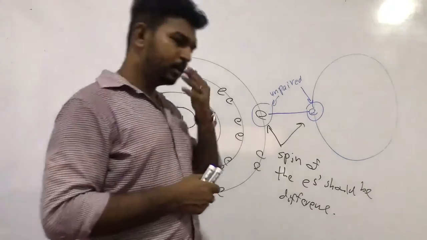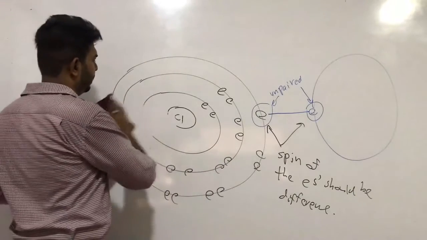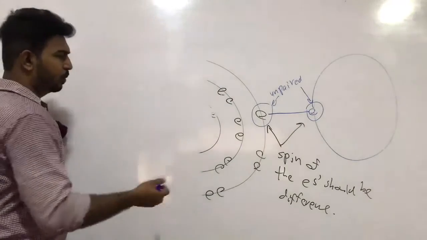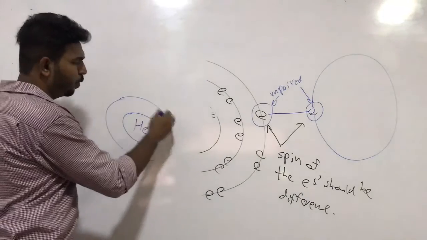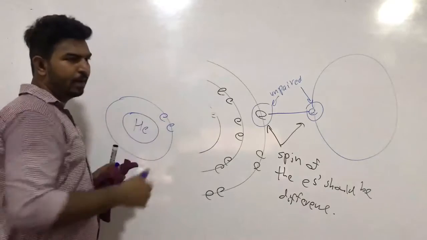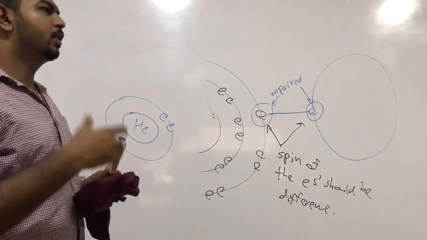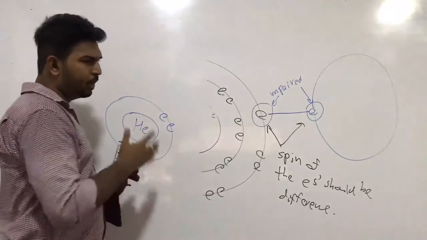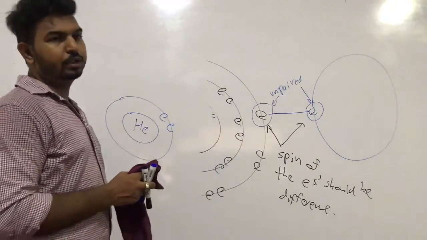If we consider a noble gas, let's assume I am going to take helium. Helium has 2 electrons in the last shell, so there are no unpaired electrons. The electronic configuration is stable, so they do not need to form any chemical bonds. The noble gases will not form any chemical bonds since their electron configuration is stable.